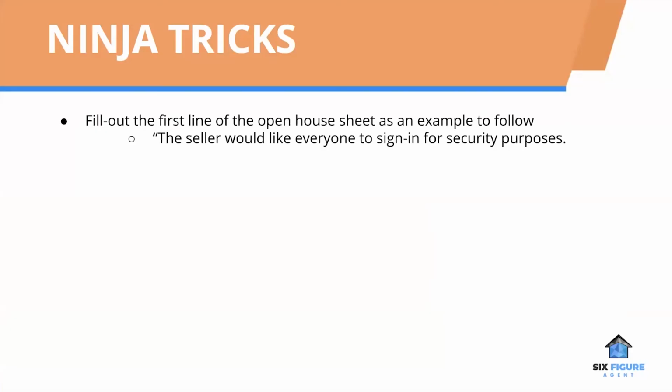Ninja tricks. This is a very important trick right here. Fill out the first line of the open house sheet as an example to follow. What that does is when a buyer sees somebody else signed in, they just assume that's what they should do. People follow other people. If they see no one signed in yet, they're not going to sign in. So you start this trend of no one signing in. So just make sure you always put in a name, number, do they have an agent, check all the boxes,